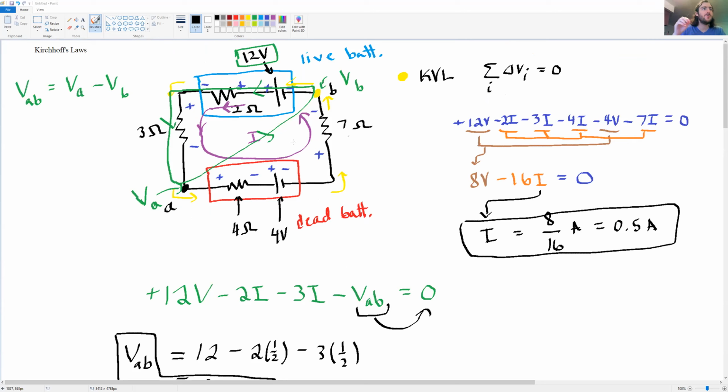As long as you do KVL on a closed loop, it does not matter where you do that closed loop. In fact, I could just create an orange path over here where I'm just doing KVL in some random area outside of the circuit. Well, there's no voltage gains or voltage drops here, so this equation amounts to 0 equals 0, and it's not